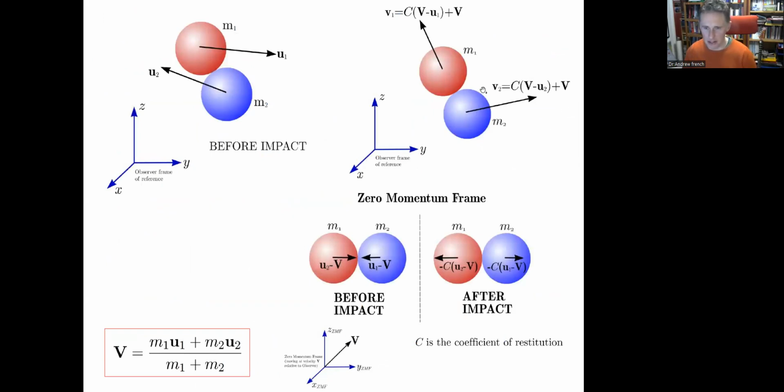There's another picture of the zero momentum frame. The way this works is that you have a frame of reference which moves at this speed. So you imagine you're looking at a collision and you're moving past them at this speed, the collision looks a bit like this. It may not be along the x-axis, but essentially the balls will be approaching each other such that the net momentum is 0. So they must have equal and opposite momenta. And so when they recoil, all we have to do is multiply that by the coefficient of restitution. And then to transform back into the real frame, we just need to add our zero momentum frame velocity. So that explains the formula that we saw.